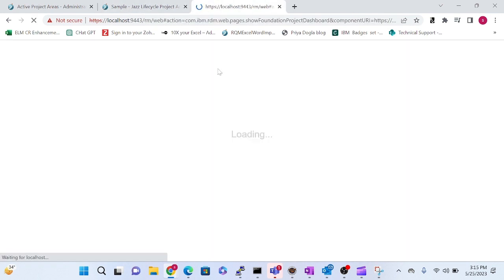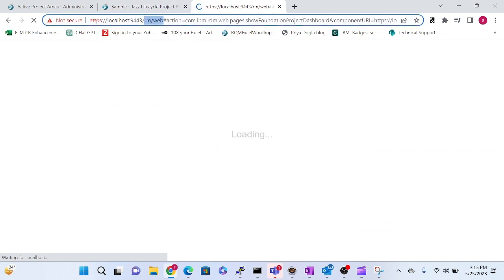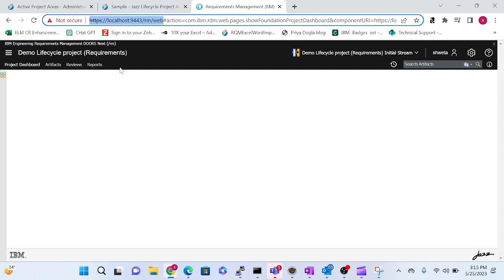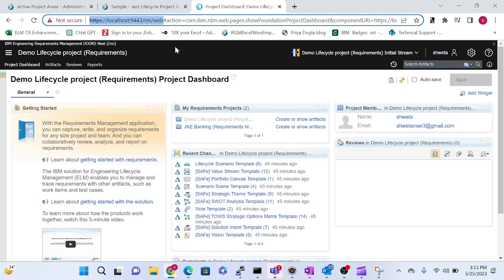So we'll wait. Once I click on this project area, I am redirected to RM/web, which will show me a dashboard of the RM project area. So this is the RM project area, which is the lifecycle project area itself. And suppose I want to create a project area,